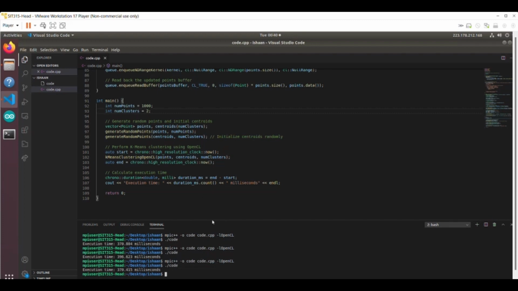Now I will show you how my output is working based on this code and show the execution time, which would be printed. So here is my execution time and it is